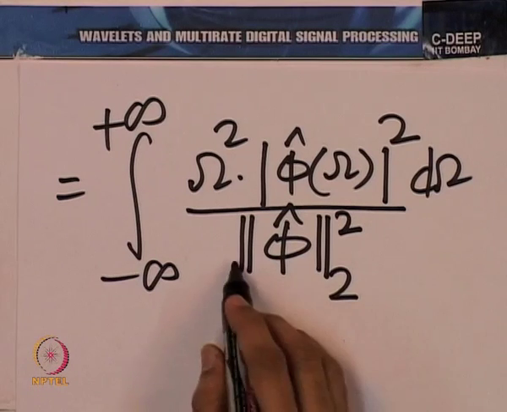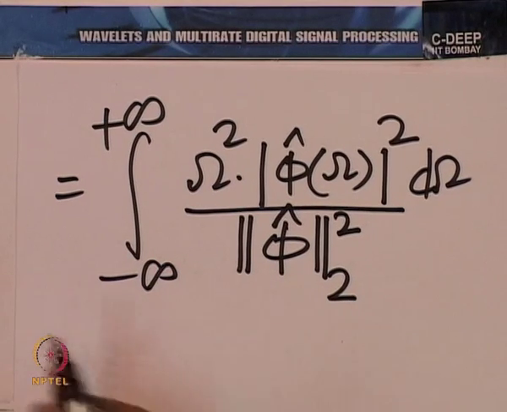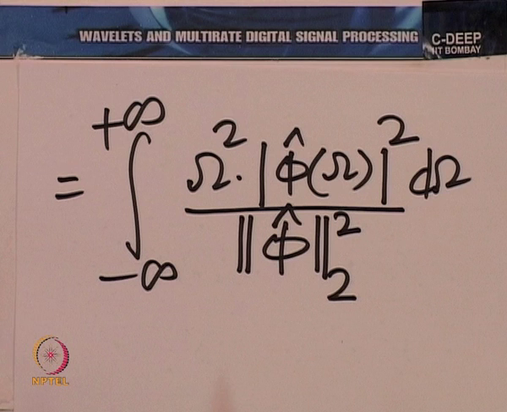Now, this norm is a number, it can be brought out of the integral. So, I can rewrite this